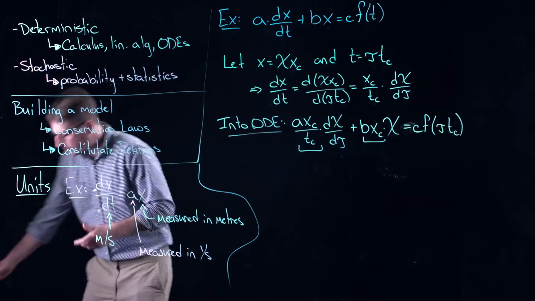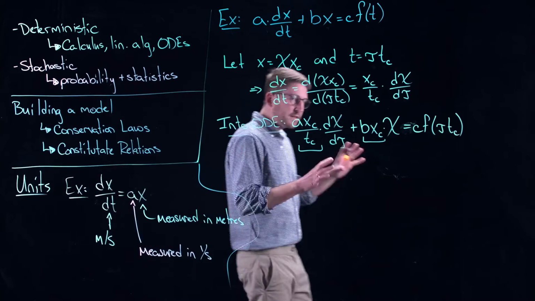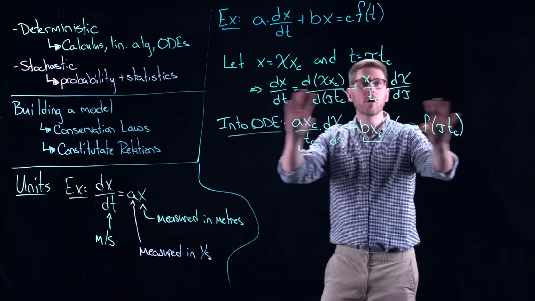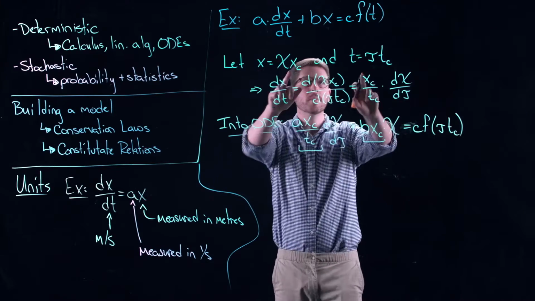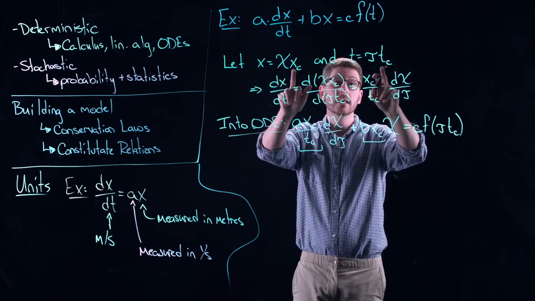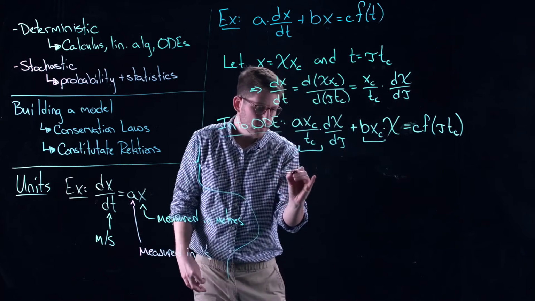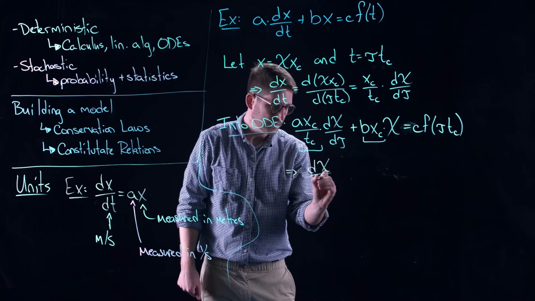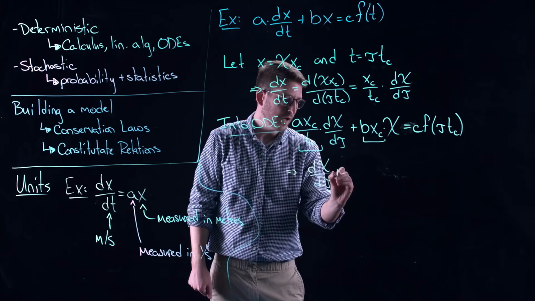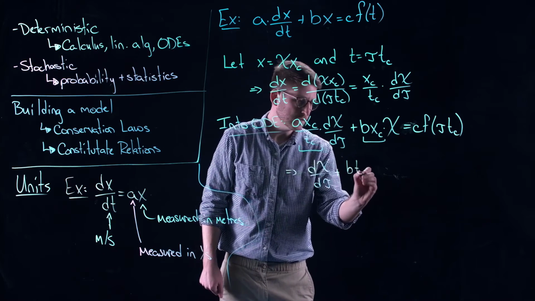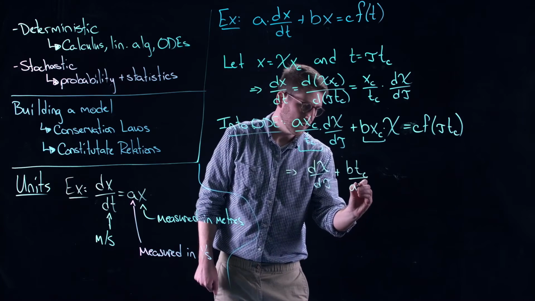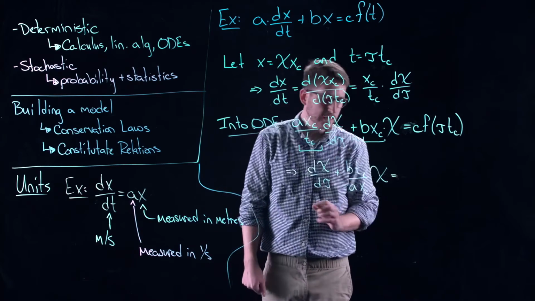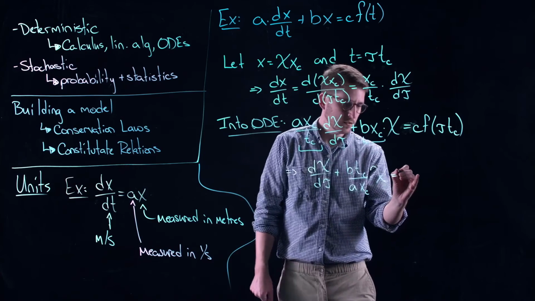Okay, I understand this can be a confusing process when you first learn about it. But the goal here is to get rid of all of the constants. Right now I've got a whole mess of them. But remember, I'm allowed to choose what xc and tc actually are. So first thing I'm going to do is get rid of this. I'm going to multiply it all the way through. So I get d chi d tau, plus b tc over a xc chi. And now this is equal to, I get c